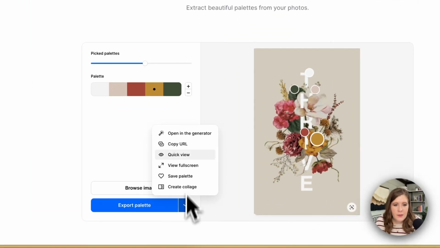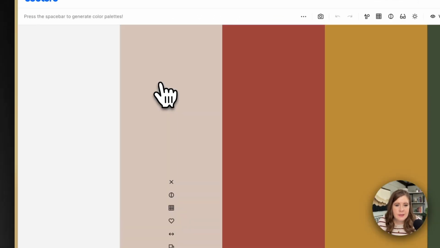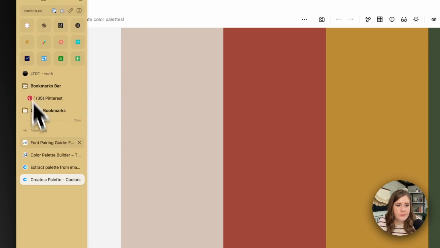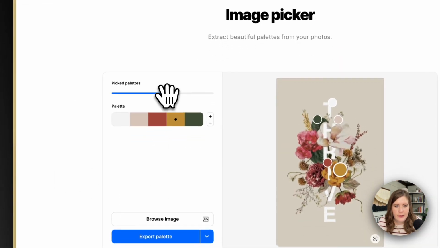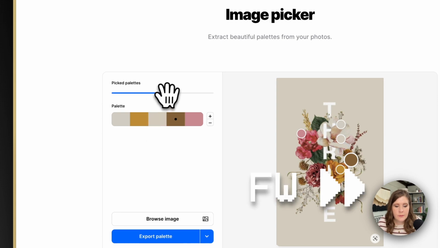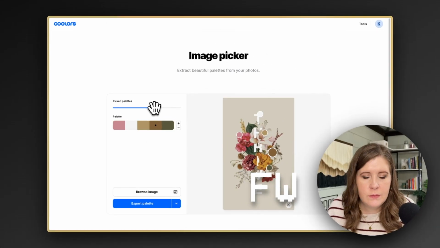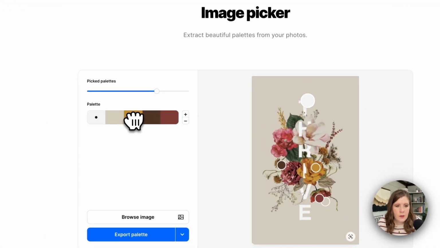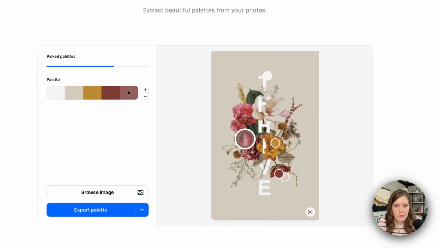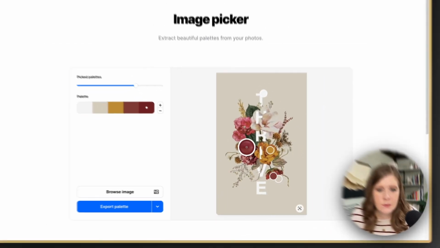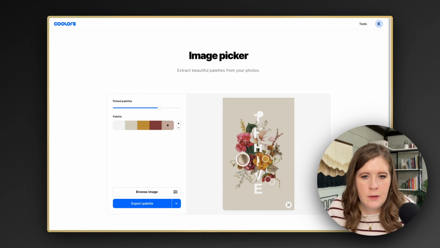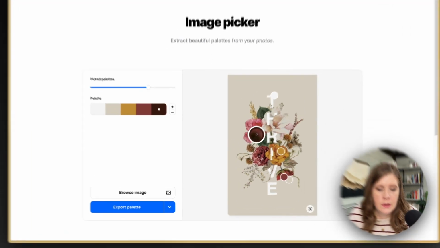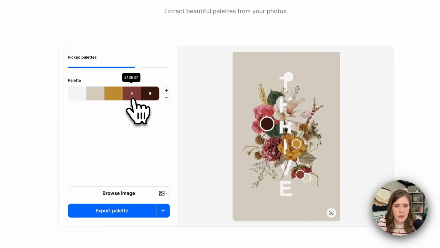So let's open that in the generator so that we can save that for later. And go back to the palette and keep scrolling. That one's pretty good. You would order it like that. And then this one, I'd probably want to use maybe this color. And I like that